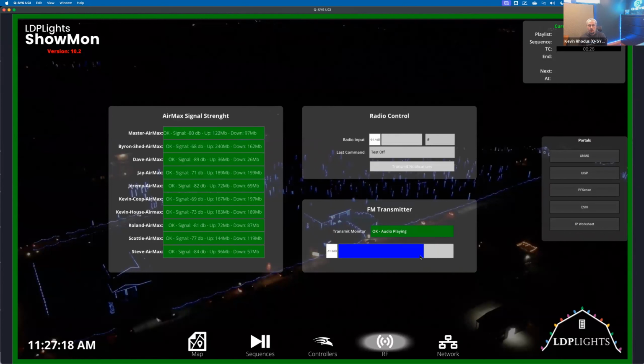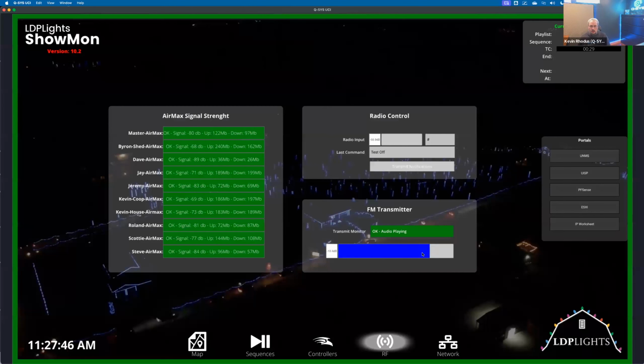What it does is it watches the FM. Now, during the day when there's nothing going, there's not really a ton of noise. There's a little bit of noise floor because it's FM. But this script actually sits and watches, is there a sequence playing? Is there a show playing? And if there is, and I detect audio, great, give me an okay status. If the show's playing and there's no audio, give me a fault,